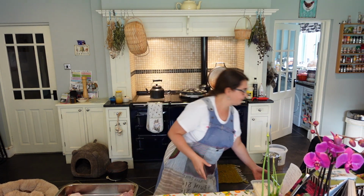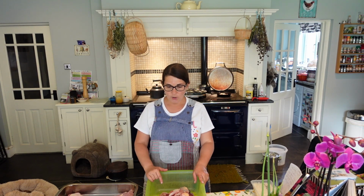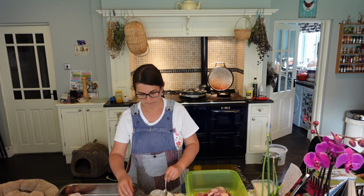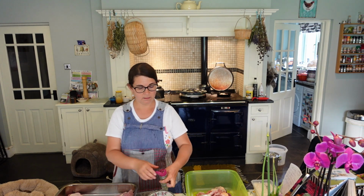So I'm going to need a glass bowl. I'm going to cut this up into smaller bite-sized pieces, and with this I'm probably gonna use avocado oil, and we're gonna use the curry leaves, some garlic powder, a good couple of teaspoons. I'm gonna use a little bit of mint, smoked paprika pepper. I'm putting about a teaspoon-ish from everything, marjoram,